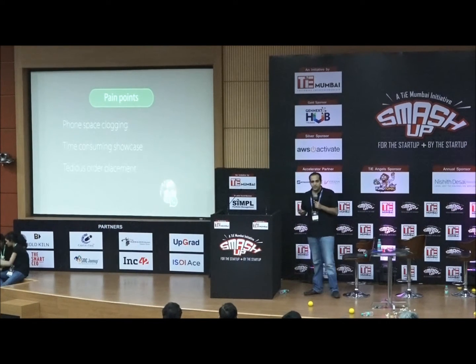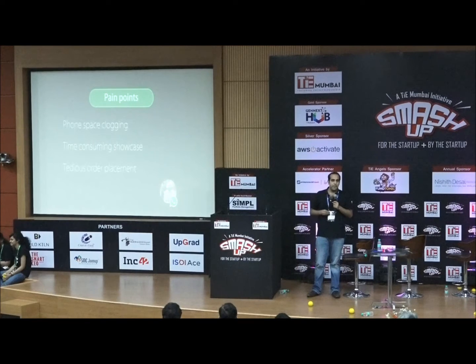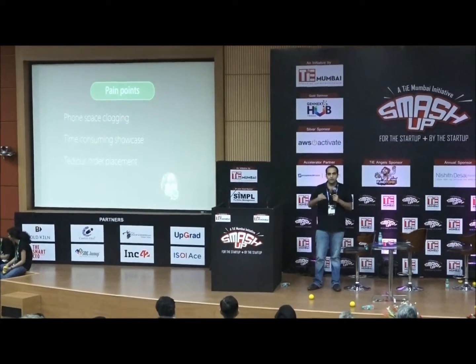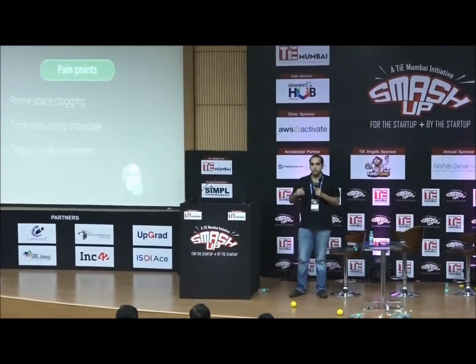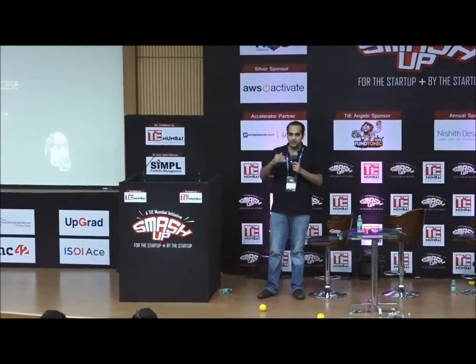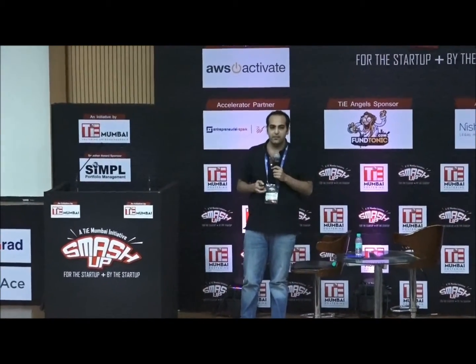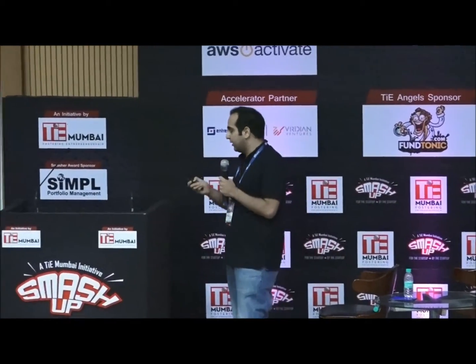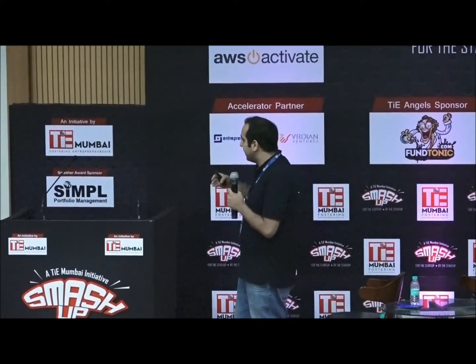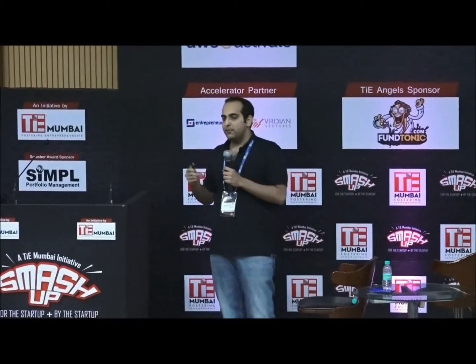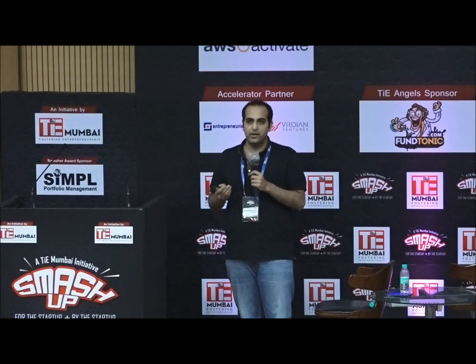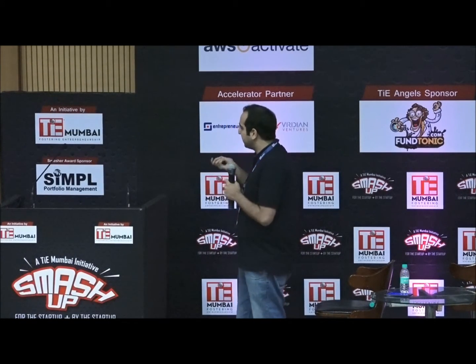And then the tedious order placement. If you send 100 pictures to your customer, the only way they can place an order is to select 10 out of those and send it back to you, telling you I want this quantity in this picture. Then you have to note down what the quantity is, make the total, click a picture of the bill and send it to them. And all your orders are littered throughout your chatting system. Because of that, there's order mismanagement, and this actually happens today. There are so many orders littered throughout the chat that some people's orders get misplaced, or some photos get deleted. You don't know what your customer wanted. You end up sending the wrong product to them.